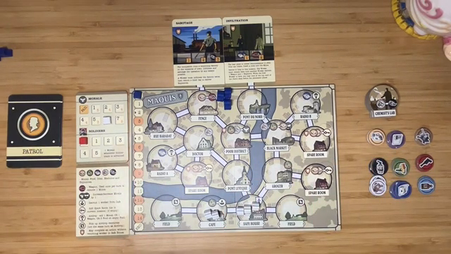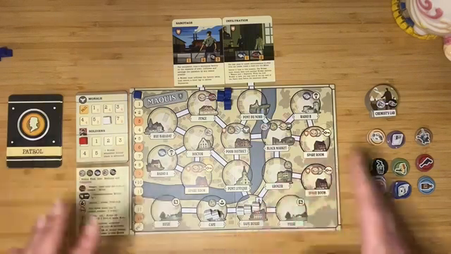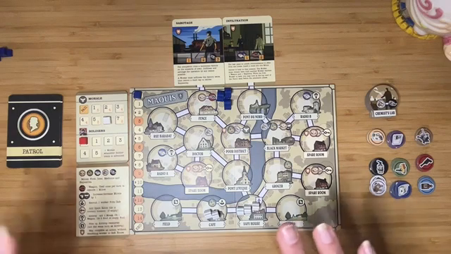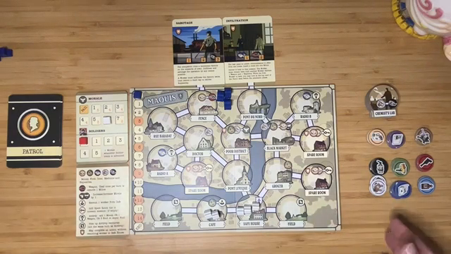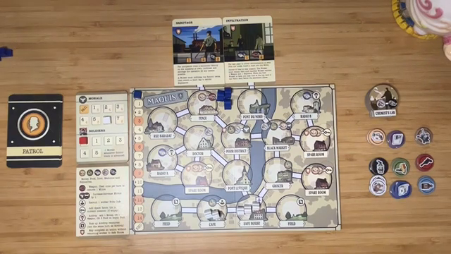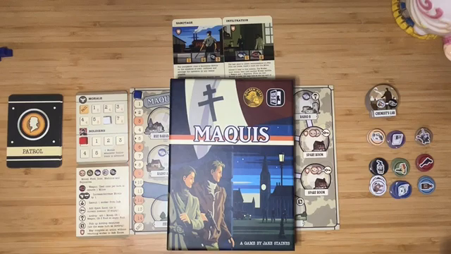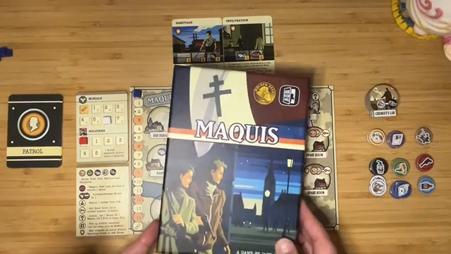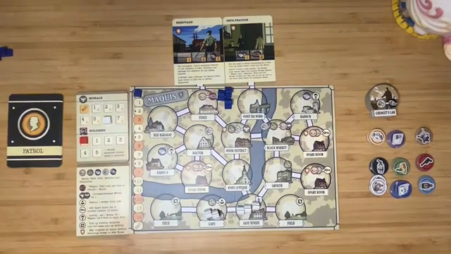And rather than provide an overview of absolutely everything that you see here, I'm going to give you more of a high-level overview and then jump into playing, and we'll go through the rest of the tokens and the rules and the items as and when we get to them. So this is Maquis, and the description on the rulebook reads: